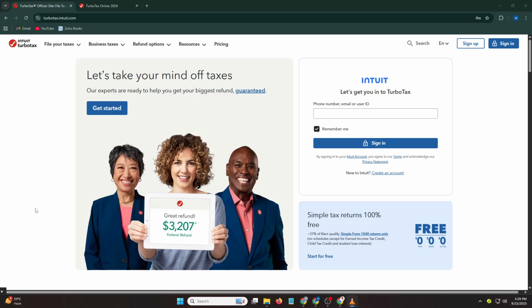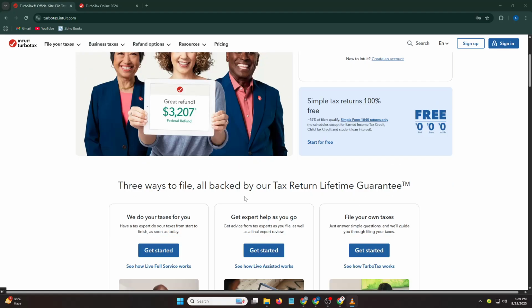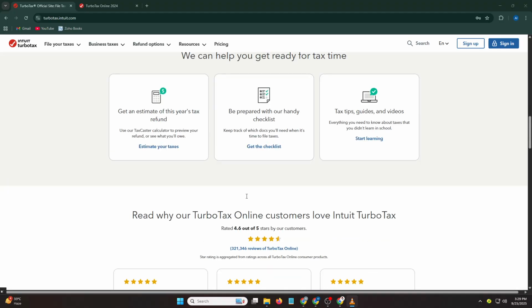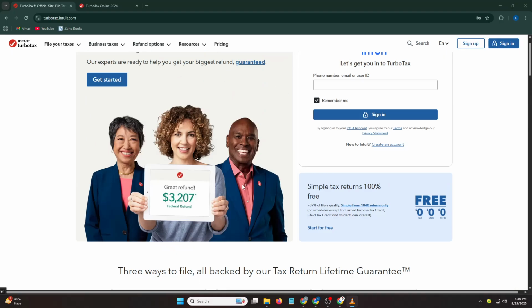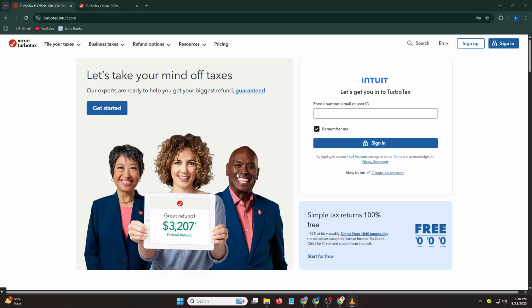Are you ready to file your 2024 income taxes but feeling stuck when it comes to reporting investments with a T5008 slip? Don't worry, you're in the right place. In this full 2025 guide, I'll walk you step by step through filing your taxes online using TurboTax, specifically focusing on how to correctly enter T5008 information. By the end, you'll feel confident and completely prepared to submit your return and get the refund you